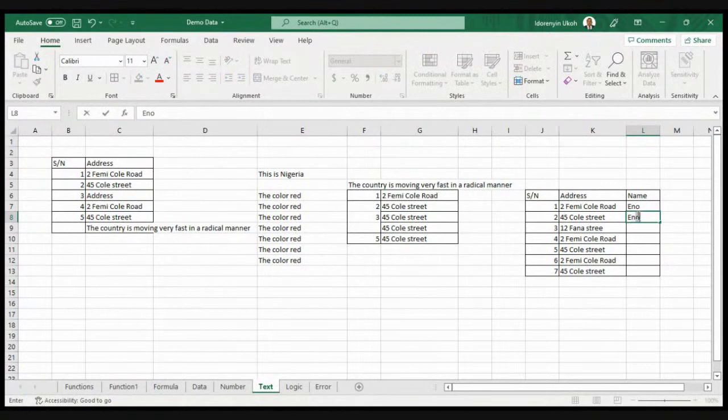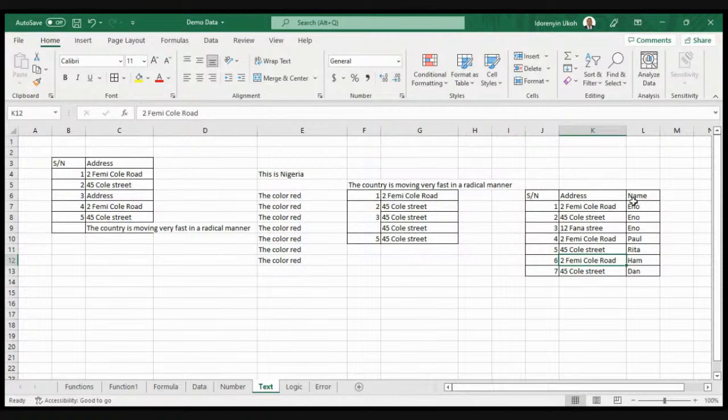Somebody gives three addresses and another person bears the other address. So I have Eno, who has three addresses, Rita has one address, Ham has one, and we have Dan with one.